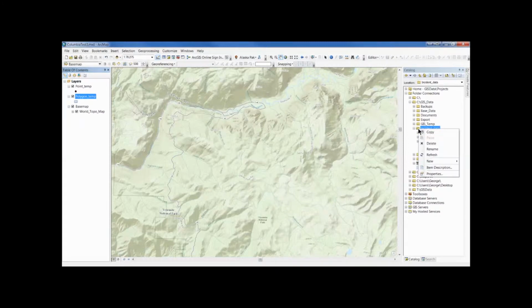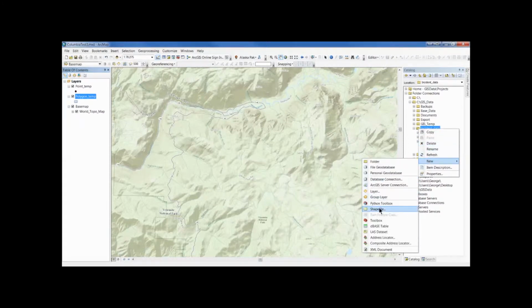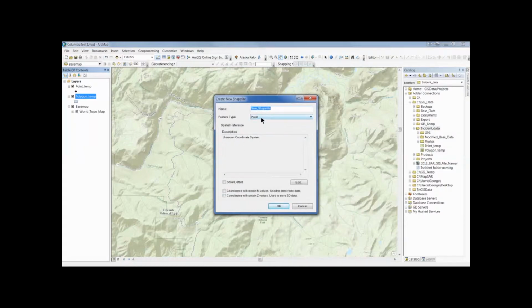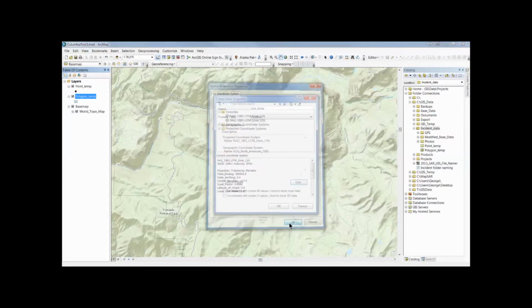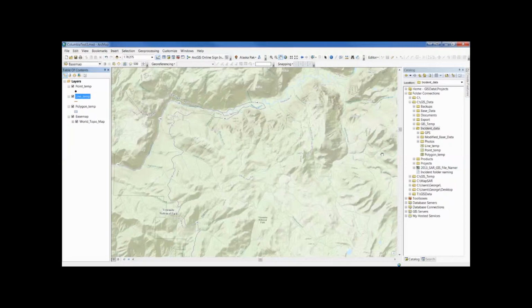And once again, for polyline, I'll just call this line temp, and set the coordinate system. And there you go. You've created three geospatial files, the basic shapefile, and they've drawn in, as you created them,